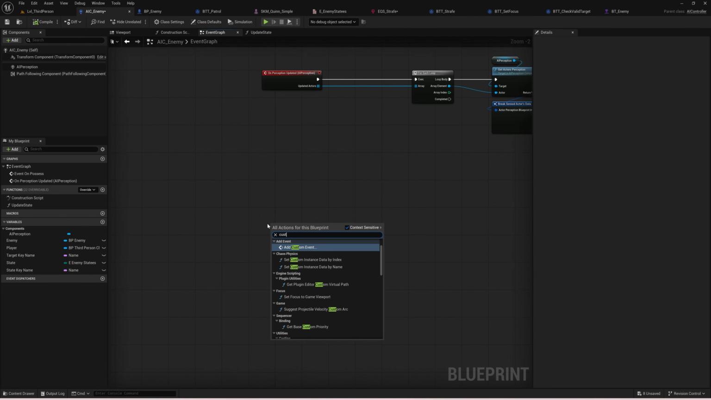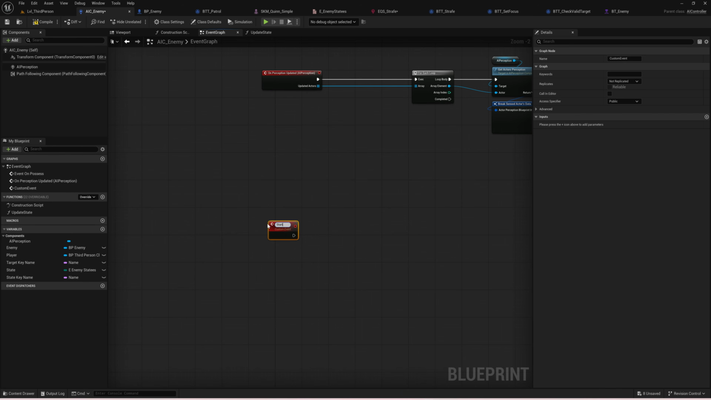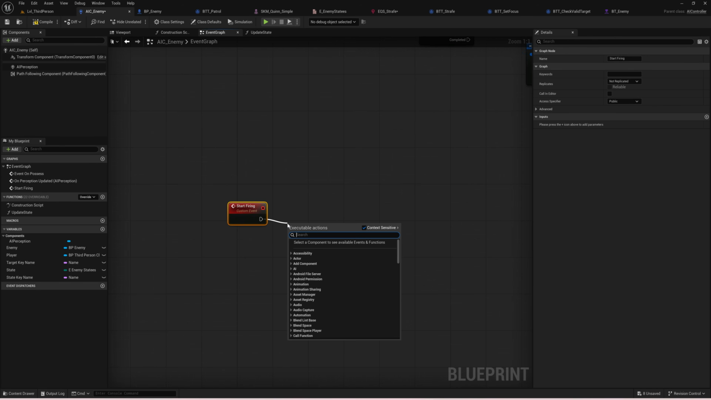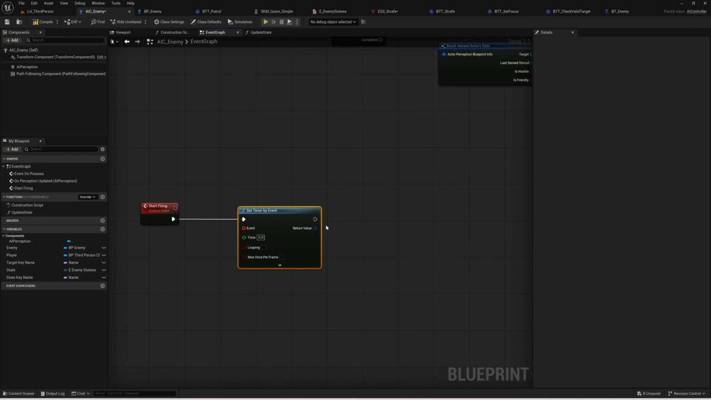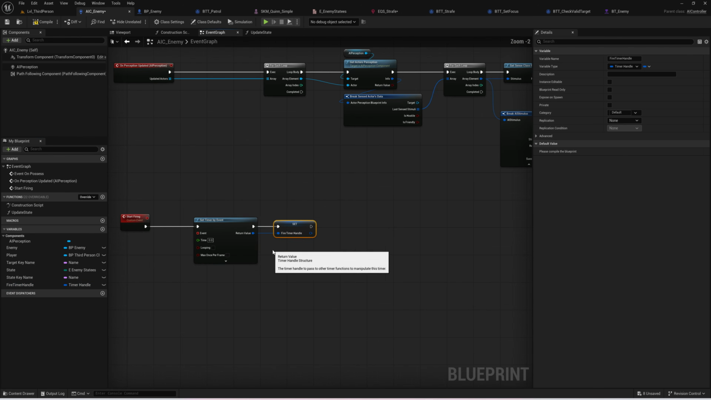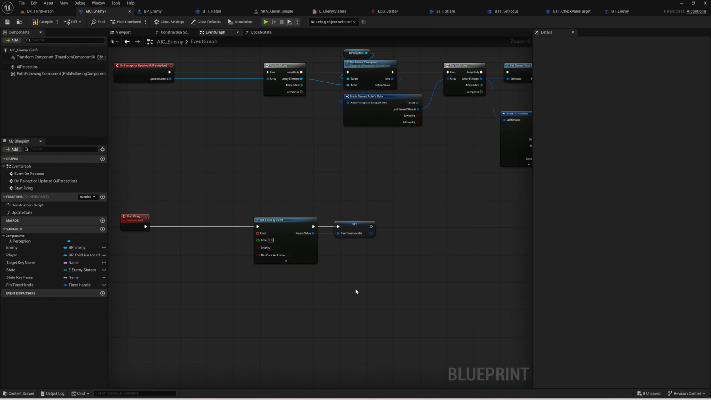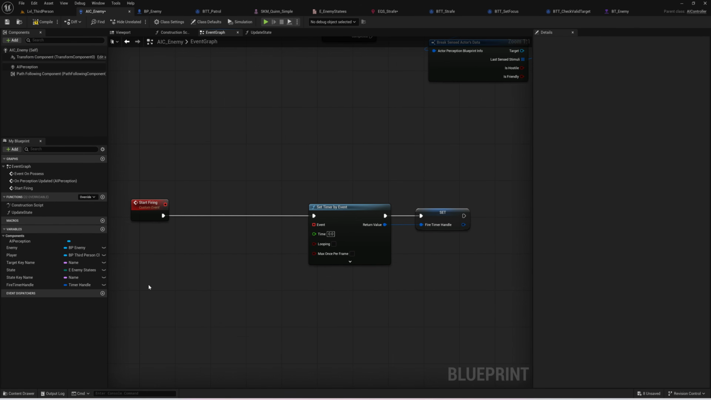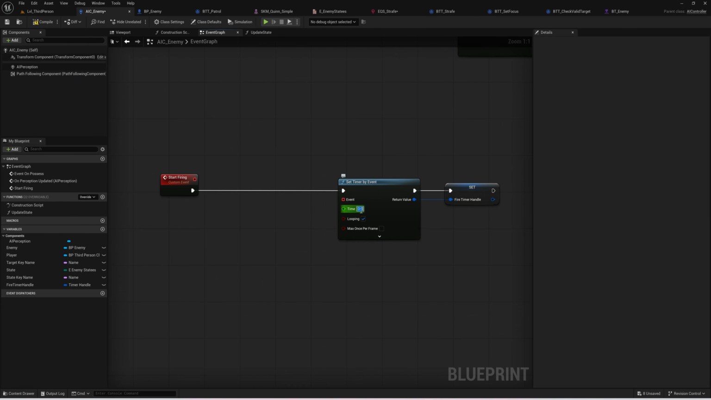So we're going to make a custom event over in a bit of space, call it start firing. I'm going to say set timer by event, and we're going to promote this timer handle, that's what it's called, it's a timer handle, to a variable, just call it fire timer handle. A timer handle is like a reference to the timer itself. Through the timer handle you can essentially edit the timer or like do things to it,